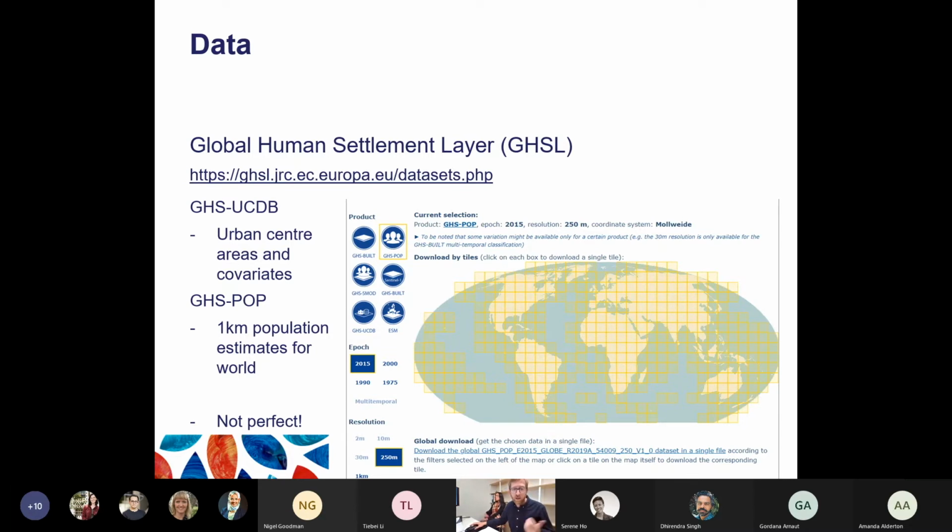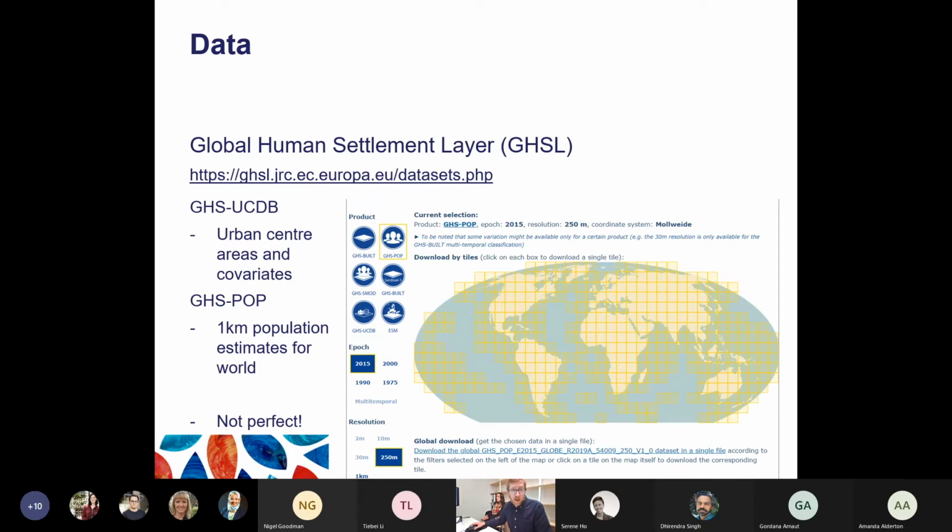It wasn't perfect. There was one historical city, Vic, that we were using in our study. It's a regional capital city in the province of Barcelona in Spain. A really long history, but a pretty low population of around 45,000, and it wasn't in the urban centres database. So that's one example where we had to account for using custom data provided by our collaborators for what is the urban area for this region.